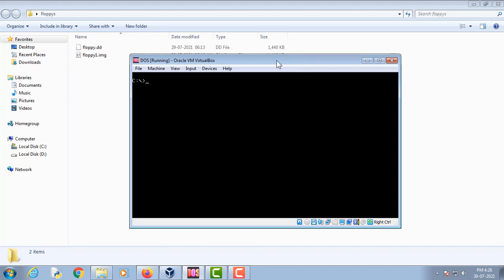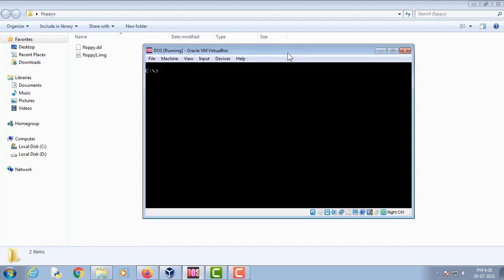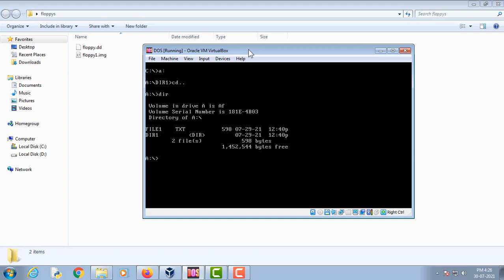And I have also attached an image of a floppy. So let me show you the floppy drive. As you can see, there is file1.txt and there is a directory by the name of dir1.